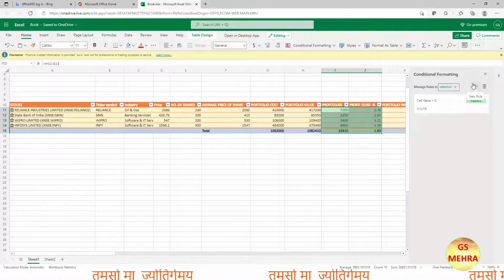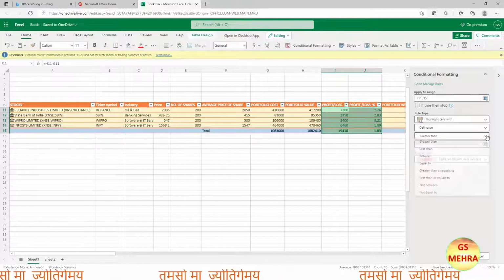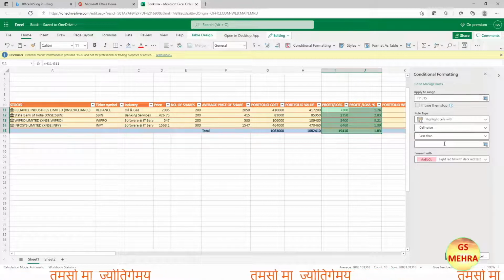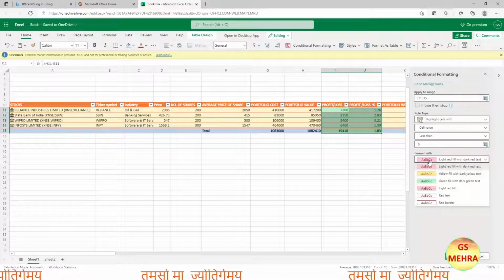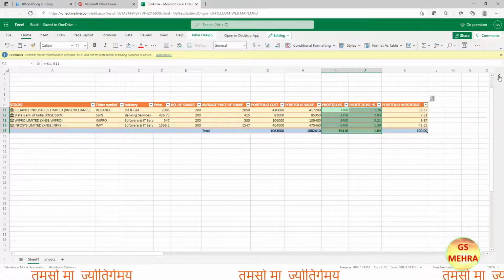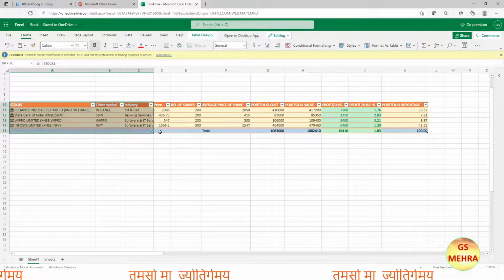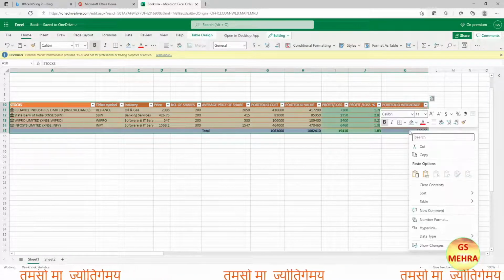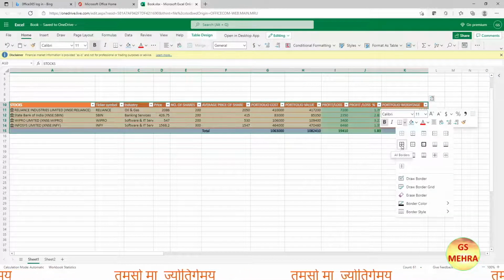Suppose we are getting a loss, so we'll change this one from greater than, click on that one, and from here we'll click on less than. We know loss is when we are having less than 0. So less than 0, and from here, so many options are there, we'll click on red color. So when loss will be there, we'll be getting the red color. Now let us select all this and click here at the bottom. From here we'll go in fill borders and all borders, so that it will look nice.